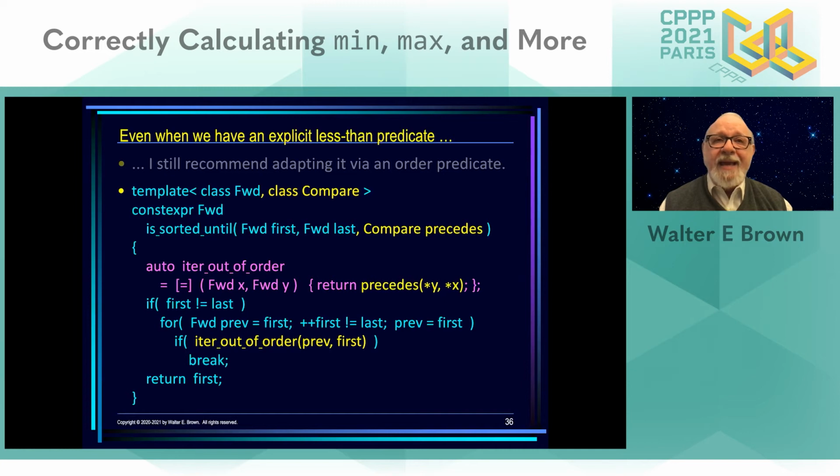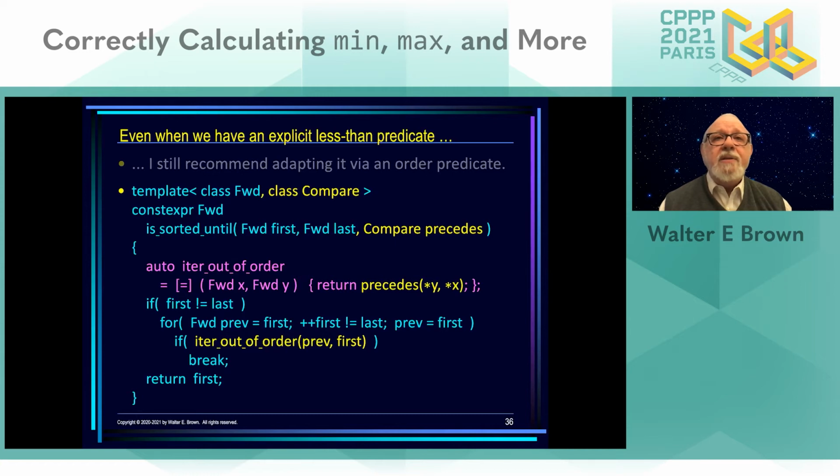Notice I've renamed out_of_order to something like iter_out_of_order, following the model of the standard library where we have both swap and iter_swap. One takes values, one takes iterators. So this is a convention I recommend. The standard library isn't entirely consistent because in other places we use the name indirect as a prefix to indicate the analogous thing. But nonetheless,